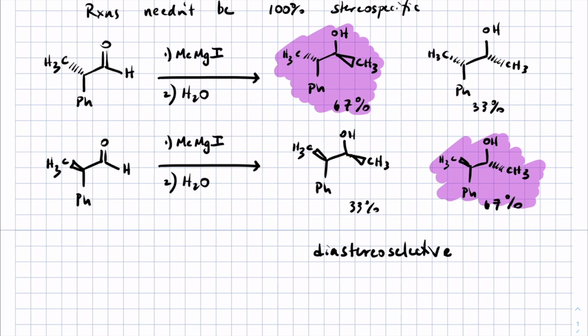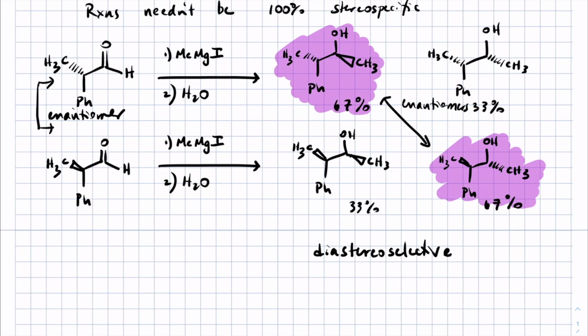However, you can call it stereospecific because when you switch starting materials from one enantiomer to the other, you switch what the major product is. Do you see actually how these two major products are actually enantiomers of each other? All right. So again, it's diastereoselective, and